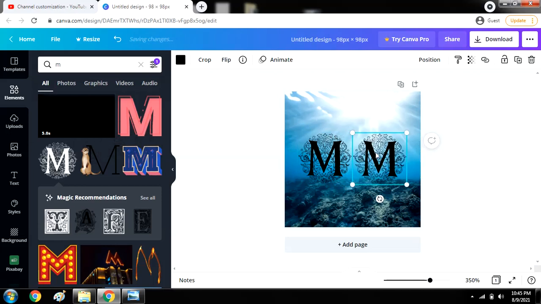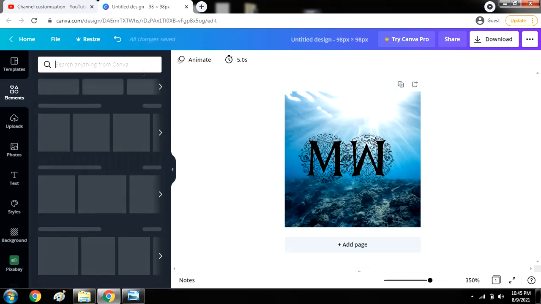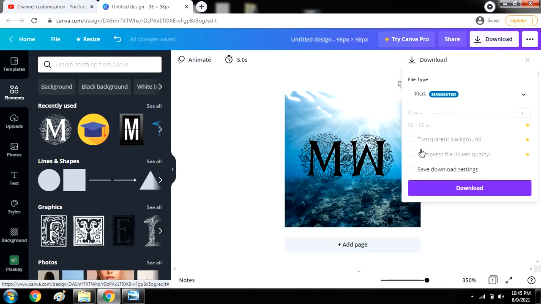You can flip here also, like click here and just choose flip vertical. Now it is flipped. Okay, so that is how you can simply create a logo from canva.com. And after completing your logo, just click here on download and you can simply download the logo from here.